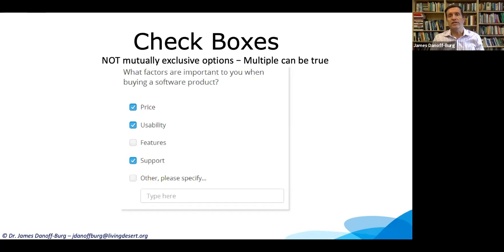So for example, in the photo that I have on the screen here, this is one I got off the web. What factors are important to you when buying a software product? There are many things that may be important to you when buying a software product. It could be price, it could be how user-friendly it is, it could be how good the support is. And if those are the three things that would best answer things for you,